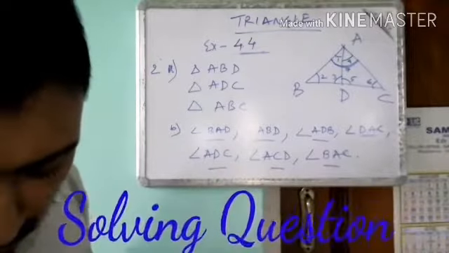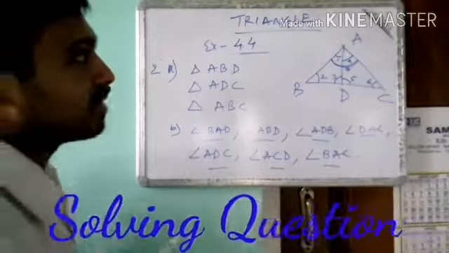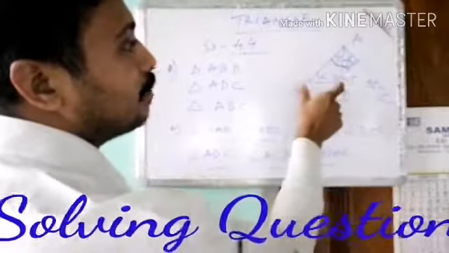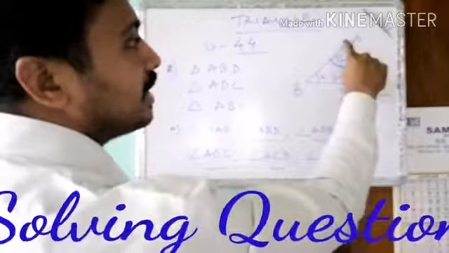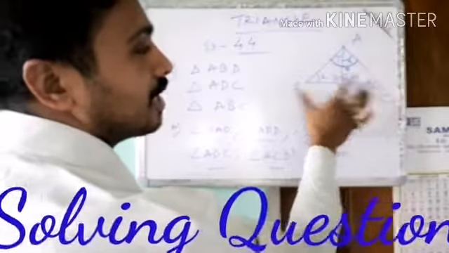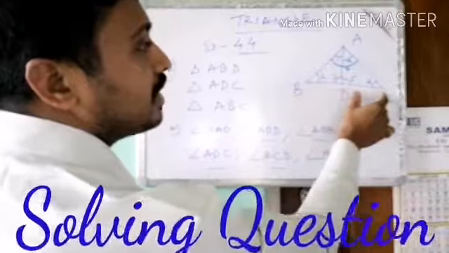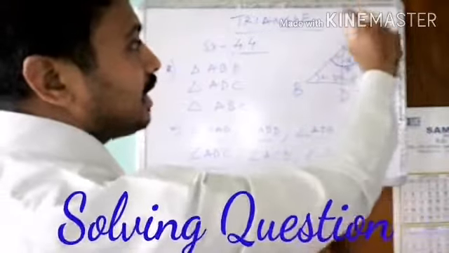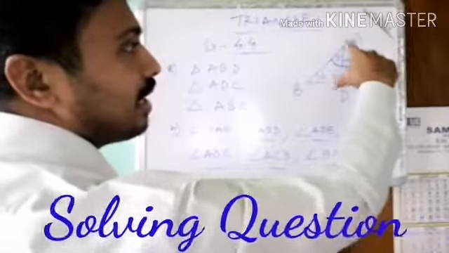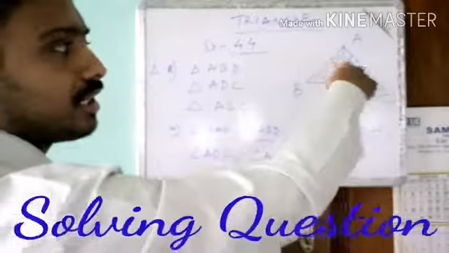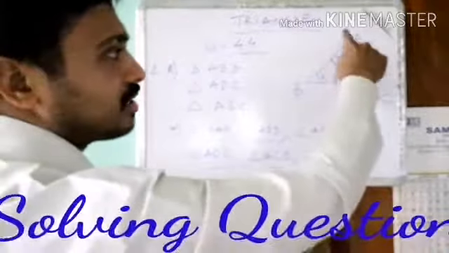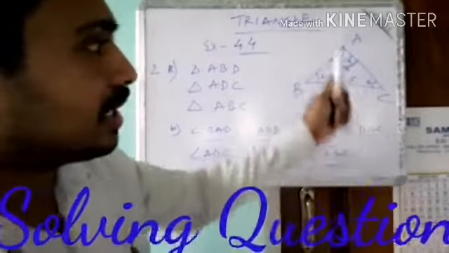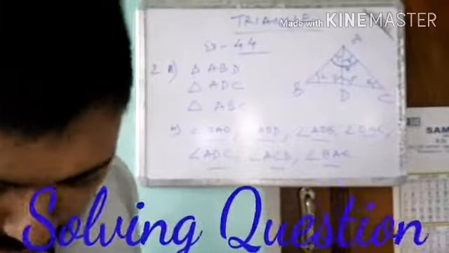Write the names of 6 line segments. These are the 6 line segments: AB, AC, BD, DC, AD and BC as a whole. BD, DC, BC. Okay. AB, AC and AD. AD is one line segment in between these two within the triangle. Okay, it's neither altitude nor median. Just a line segment AD. You can make 6 line segments.